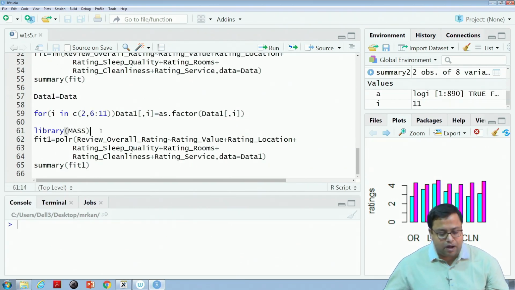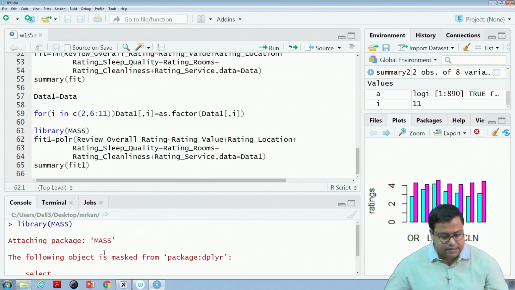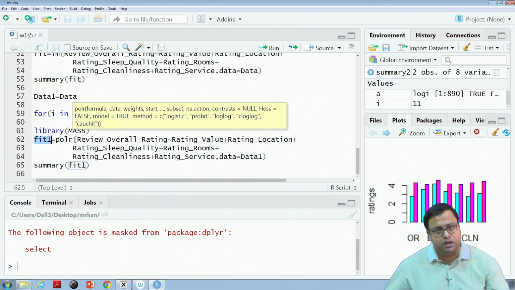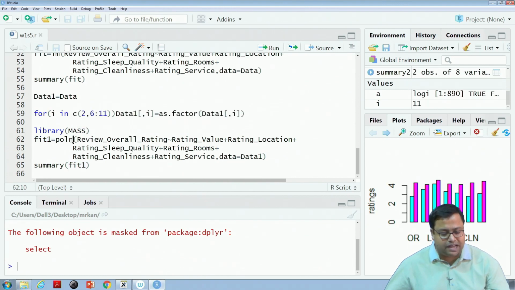Now, there is a library called MASS, in which there is a polr function, which is a function used for ordinal logit, ordinal logit regression, OLR. So, fit1, a new name I have given where all my details will be saved. Everything remains the same, instead of lm we write polr, that is all. So, polr makes sure that the y variable is treated as a categorical variable. So, once I run this,